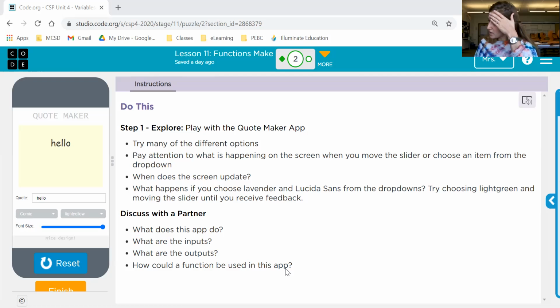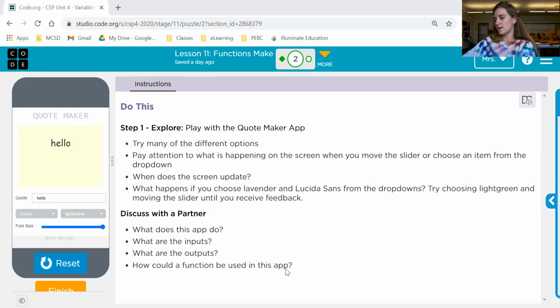What do we call it? Just color input and font size input. This is a slider that changes that way. Font size is a slider. This font family